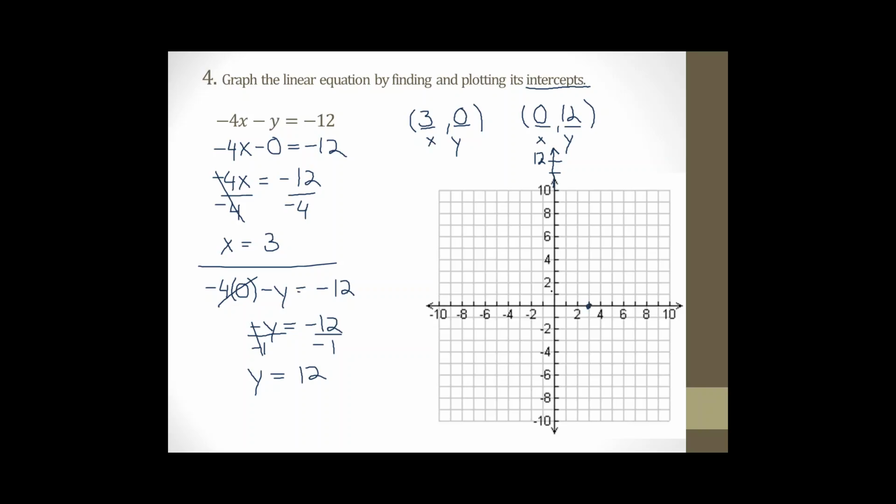And then my y-intercept would be at 0 in the x direction and 12 units into the y direction, so right up here. And then we're having serious issues graphing straight lines here. Whatever it's going to come out, it's supposed to be a straight line going through these 2 points. So I think I did pretty good